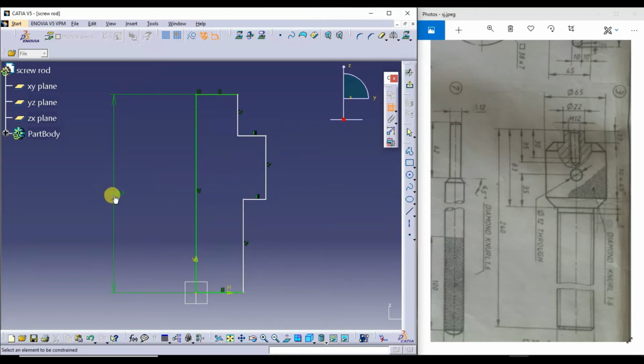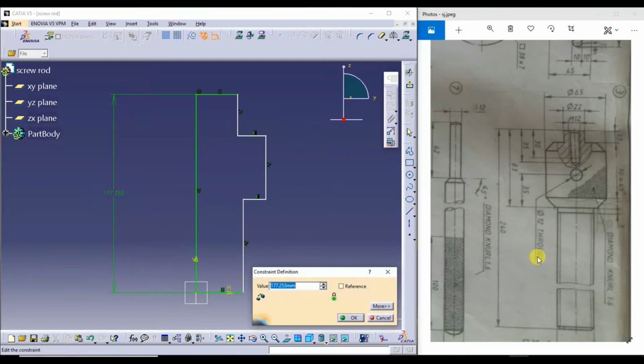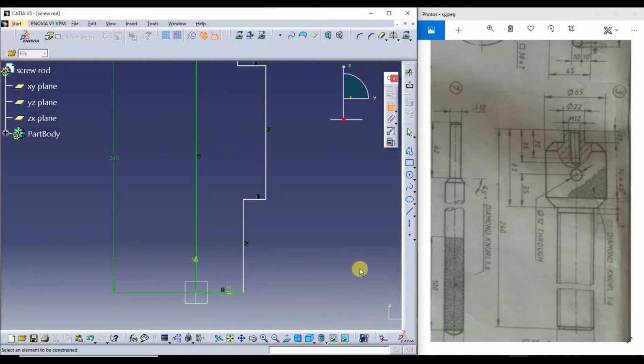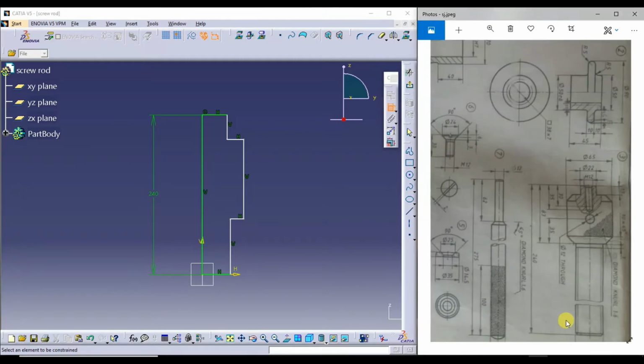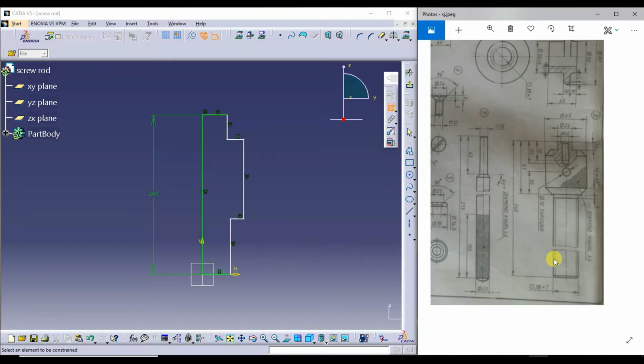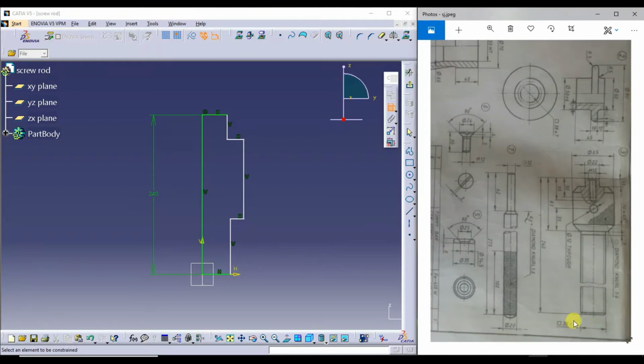The total height is 240. Next one is a thread of 38 mm diameter. So this dimension should be half of 38.